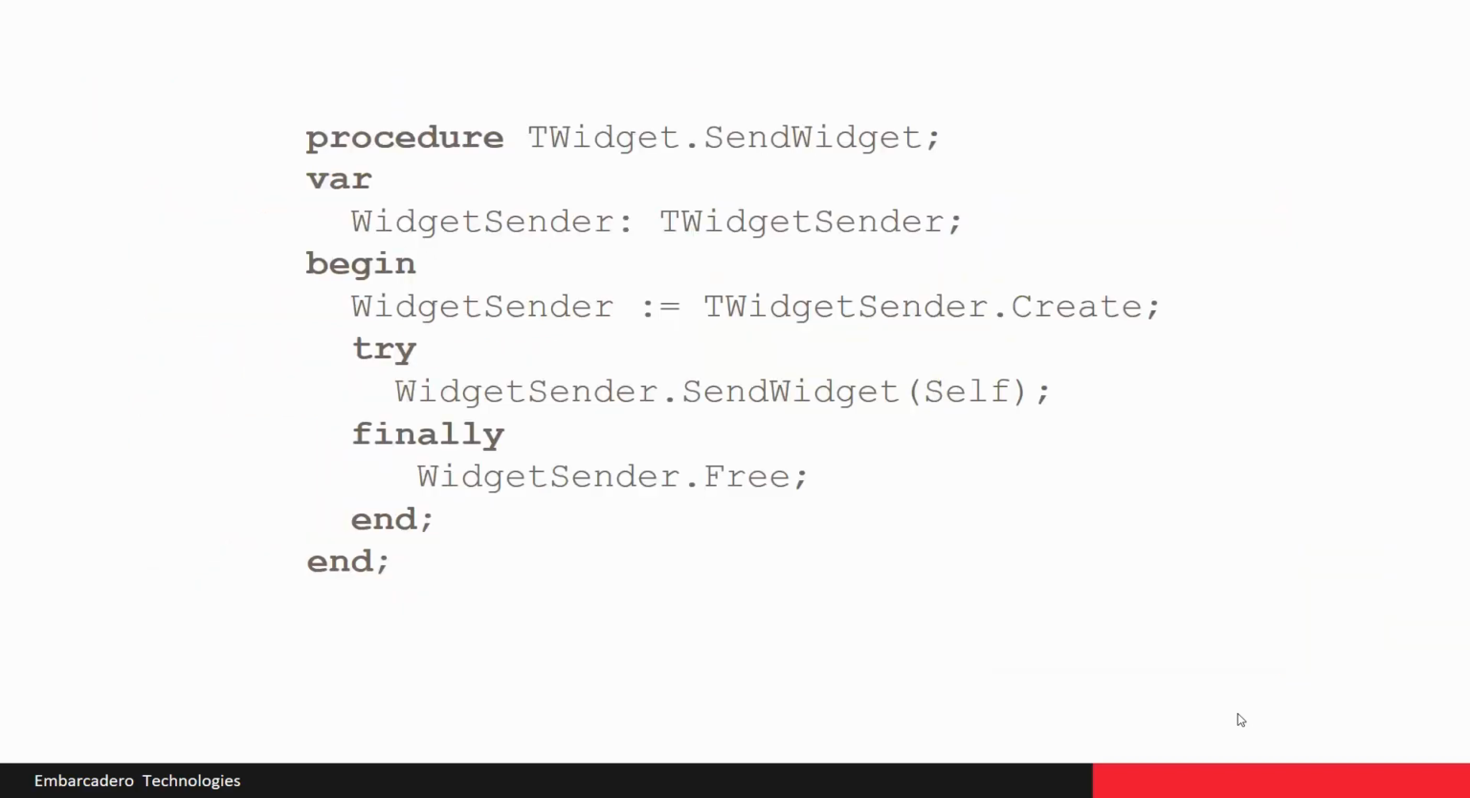So here's an example of creating a dependency. Here we've got a widget class with a method called SendWidget. And internal to it, it creates a WidgetSender class, calls the method on the WidgetSender class, and then frees the WidgetSender. Now this is fairly normal code, and you're probably thinking, hey, I write code like this all the time. Well,